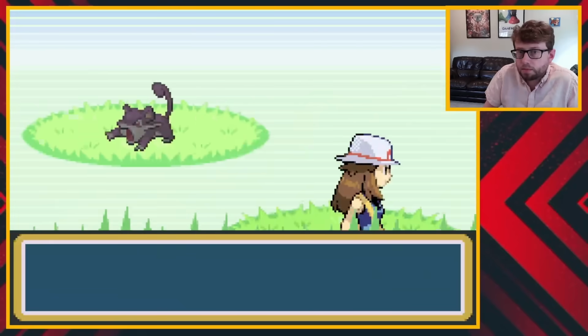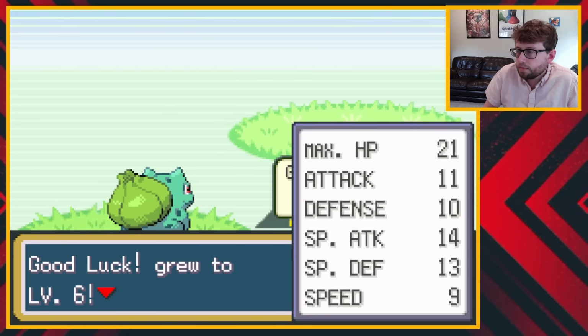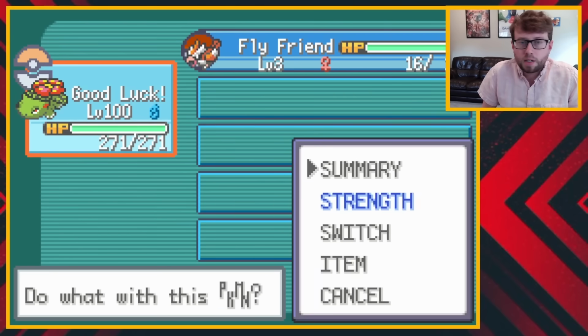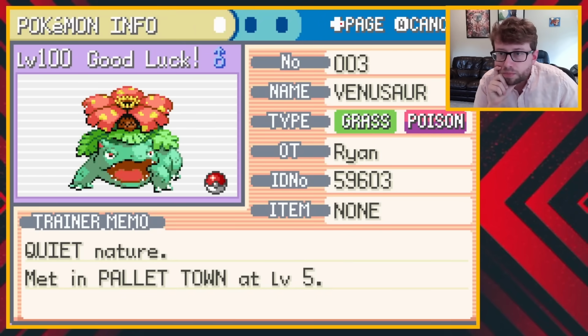There are plenty of wild Pokemon for us to fight, so we can grind on wild Pokemon until our Bulbasaur evolves all the way to Venusaur, and we can get Venusaur all the way up to level 100. Now that we're leveled up, it's time for...